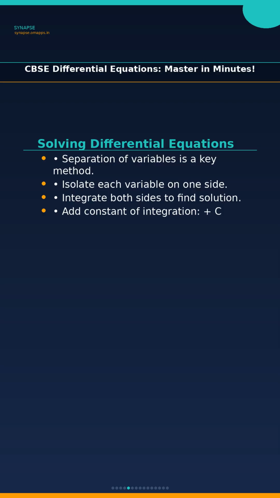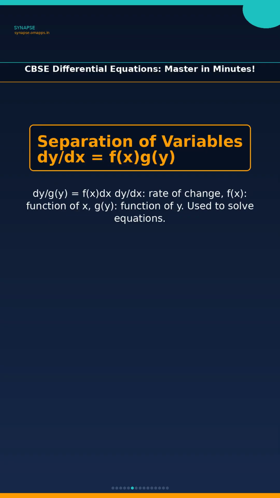Now, let's move on to solving these equations. One of the most common methods is separation of variables. The idea is to get all the y terms on one side and all the x terms on the other. Then you integrate both sides. Here's the separation of variables formula. dy/dx equals f(x) times g(y). That means that dy divided by g(y) equals f(x) dx. Remember that dy/dx is the rate of change, and f(x) and g(y) are functions of x and